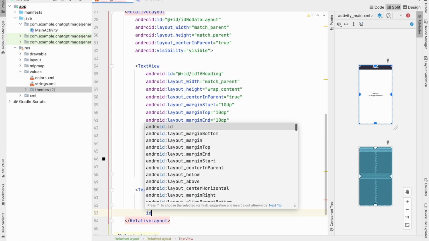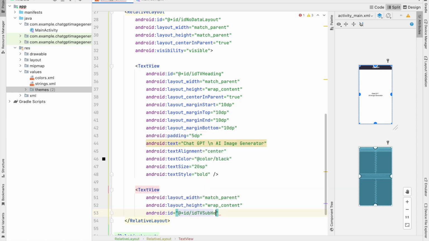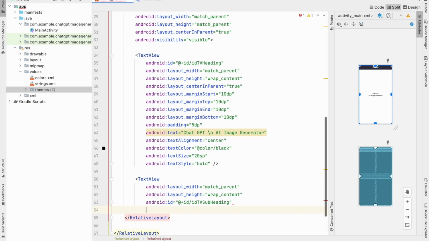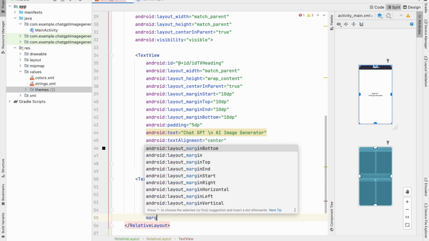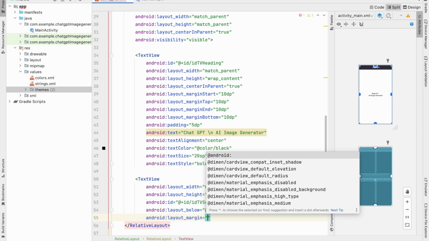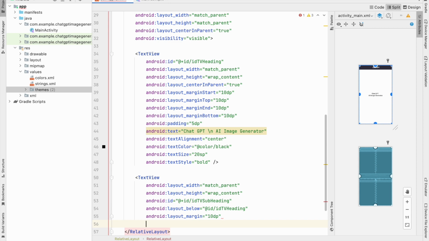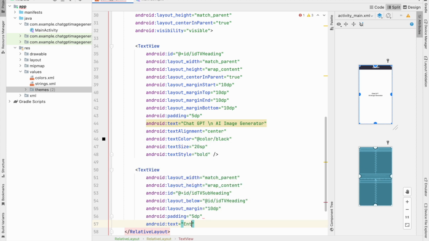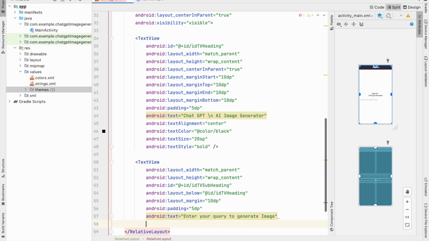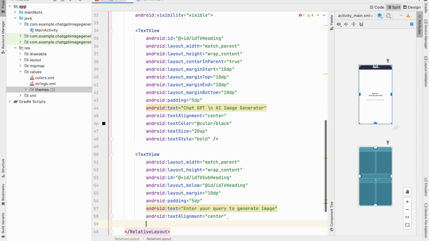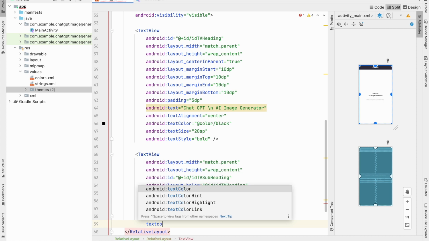specifying width as match parent, height as wrap content, id as idTVSubheading, then aligning it below our heading, after that specifying margin from all sides as 10 dp, then specifying the padding for it as 5 dp, text as enter your query to generate image, aligning the text to center, text color as black,